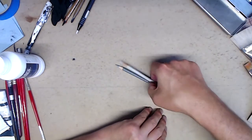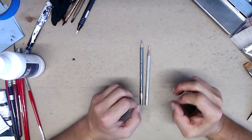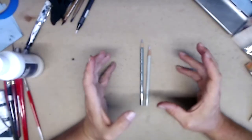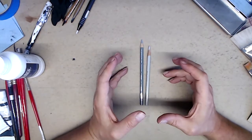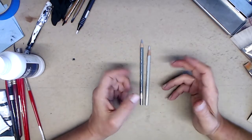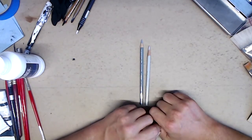Okay, now this is what we're going to be doing our underdrawing with. So in more complex illustrations, obviously you're not going to want to just start painting. Obviously, you're going to want to draw in your design first, your sketch first, and then we're going to paint on top of it. You want to be drawing in a medium that is water resistant, because if I do